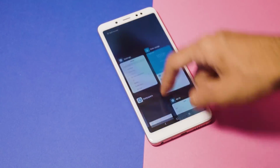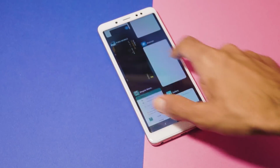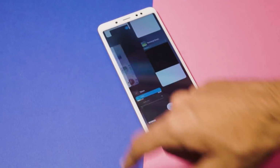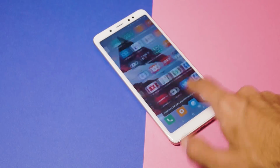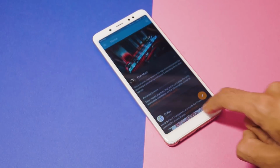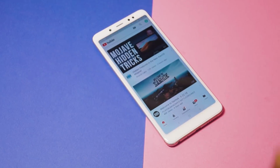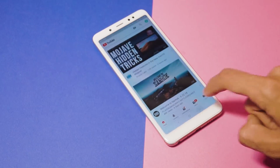And finally, you also have this new multitasking tray, so you can scroll through all of your apps and you can swipe the ones which you don't want. So yeah, that's great. I love MIUI 10. It's a refreshing change, but I hope Xiaomi rolls out the final version really soon, because like I said, it's still in beta, so there are some crashes here and there, but overall it's been a very smooth experience so far. So whenever your Redmi Note 5 Pro is going to get the MIUI 10 update, you will love it